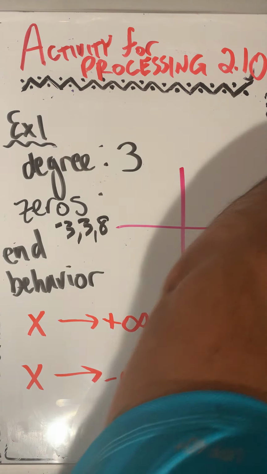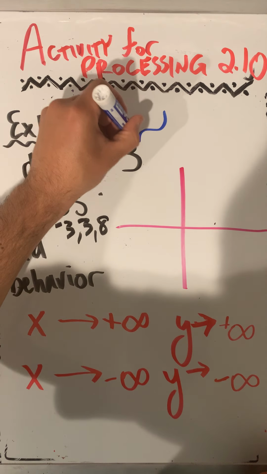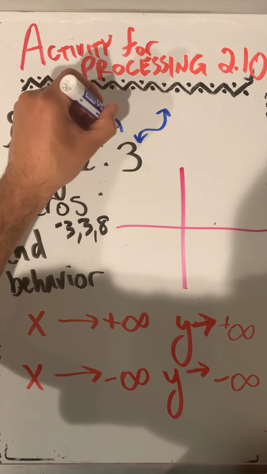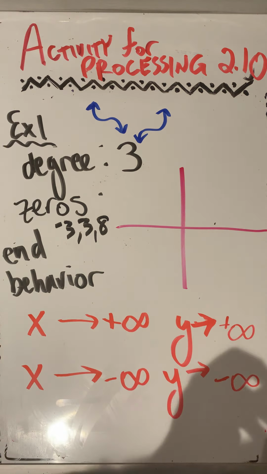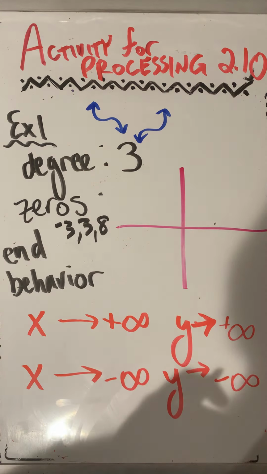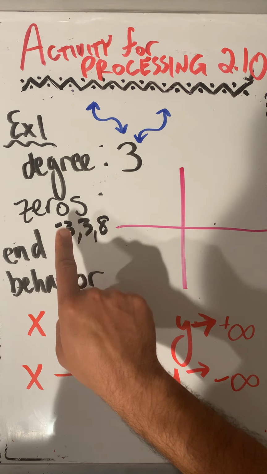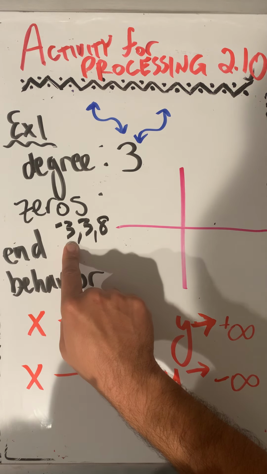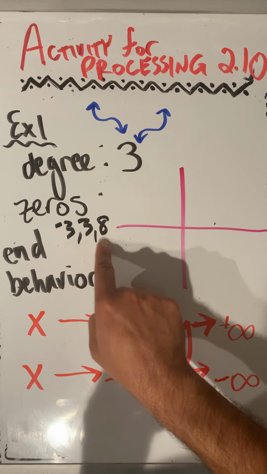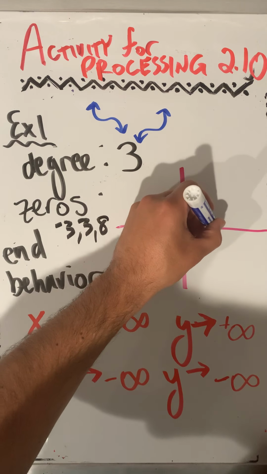Let me switch into blue. Okay, so that's cubic. Now, is it cubic like this? Or is it cubic like this? I don't know, but it's cubic for sure. It's a snake. These are the only 2 possibilities I have for that. Zeros. Okay, so I remember this one. So all I have to do is switch the signs on each of them, and that's going to give me my 0. So if I switch -3 into +3,